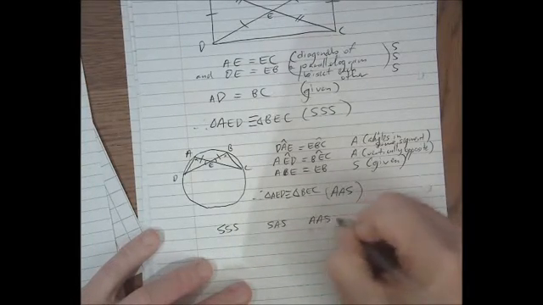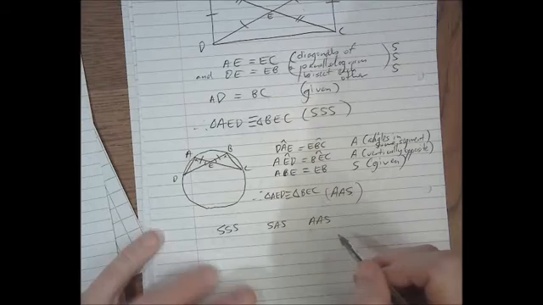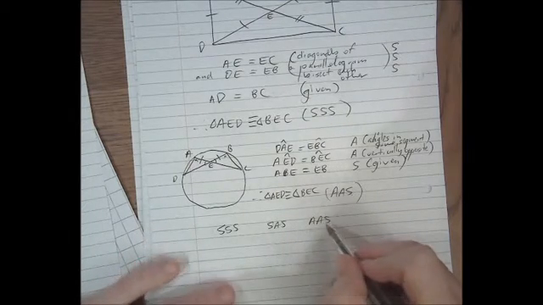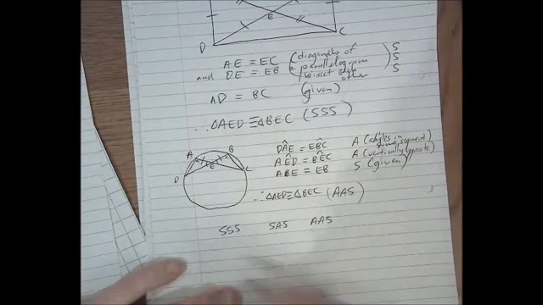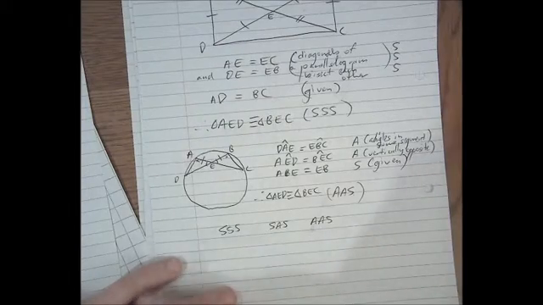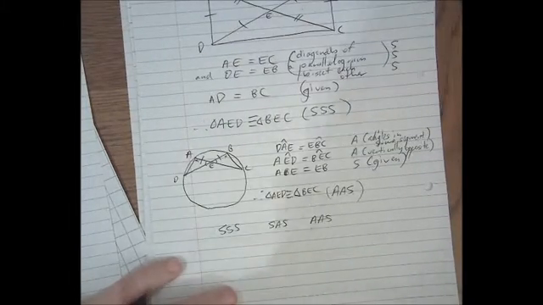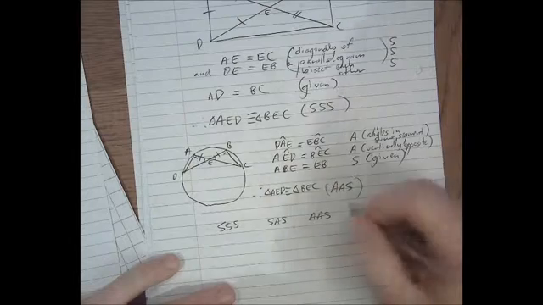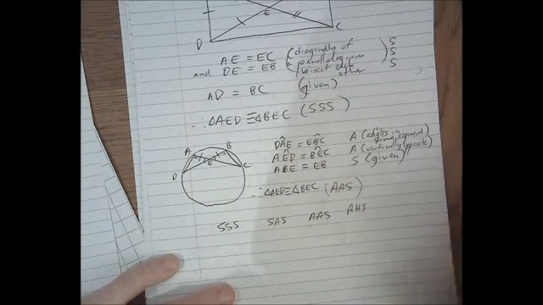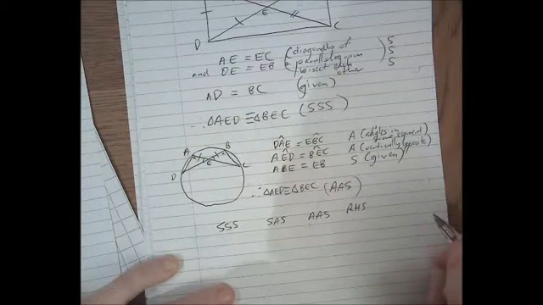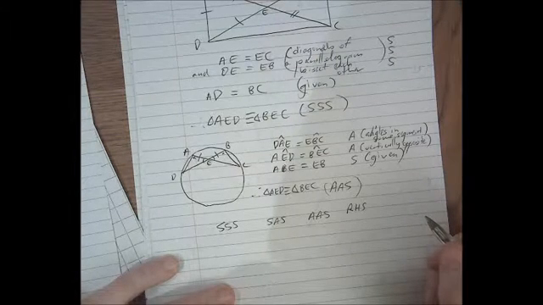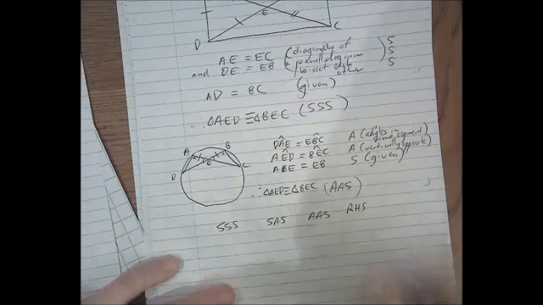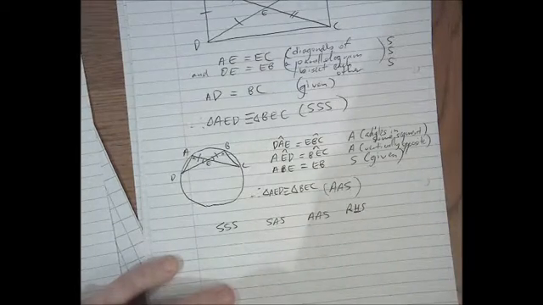AAS requires care. The side you use must be in the same relative position to the angles. It doesn't necessarily need to be in between them. If it's opposite one angle, it needs to be opposite the same angle in the other one. If it's between the angles in one, it needs to be between the angles in the other. Finally, RHS requires care because you need to make sure that one of the sides you're using is the longest side in the triangle. That's when you got to call it